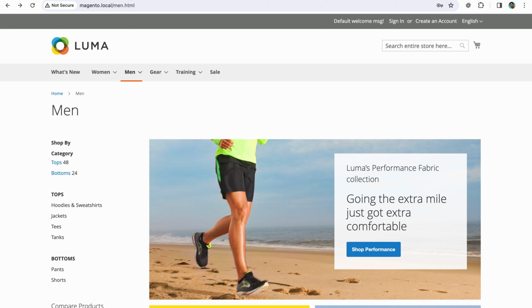So for any image which is part of LCP and has lazy loading implemented, we have to remove the lazy loading feature and use the standard approach, so that LCP is not impacted. Those images are directly downloaded as the page is loaded. They don't wait for us to scroll down, and in this way it is not going to impact the LCP. So basically we have to separate above the fold content and below the fold content. For above the fold content we don't use lazy loading. For below the fold content we can use lazy loading.